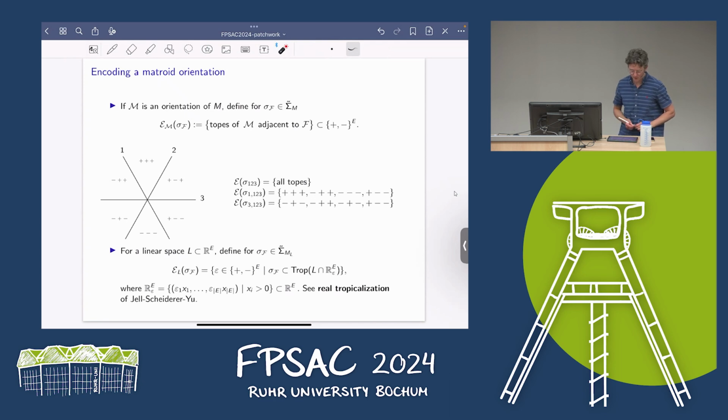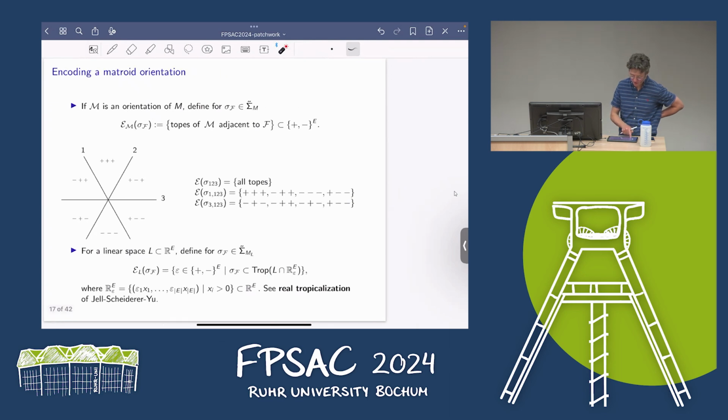All right. So let's look at what the structure of such a map is. So here notice these topes, there are 4 of them. That's 2 to the power of 2. Okay? And well, plus minus, we're not used to thinking of plus minus as a vector space, but as a